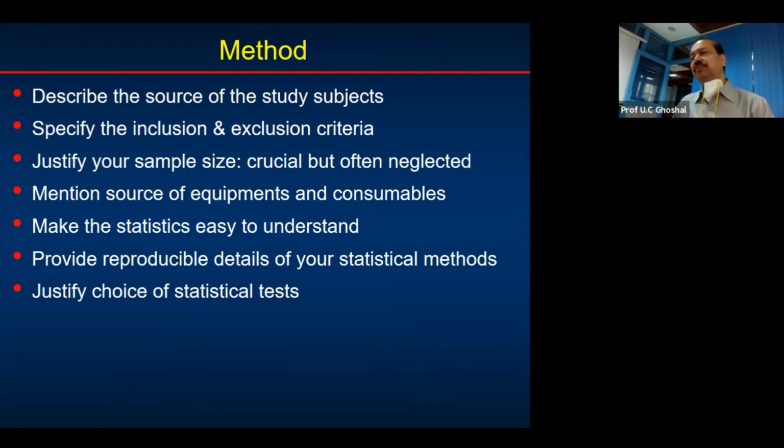Method: describe the source of study subjects. For example, I told you about healthy volunteers, where did you get them? Specify the inclusion and exclusion criteria. And this is very, very important. Many a time, like today I was reviewing a paper. In that paper, they say